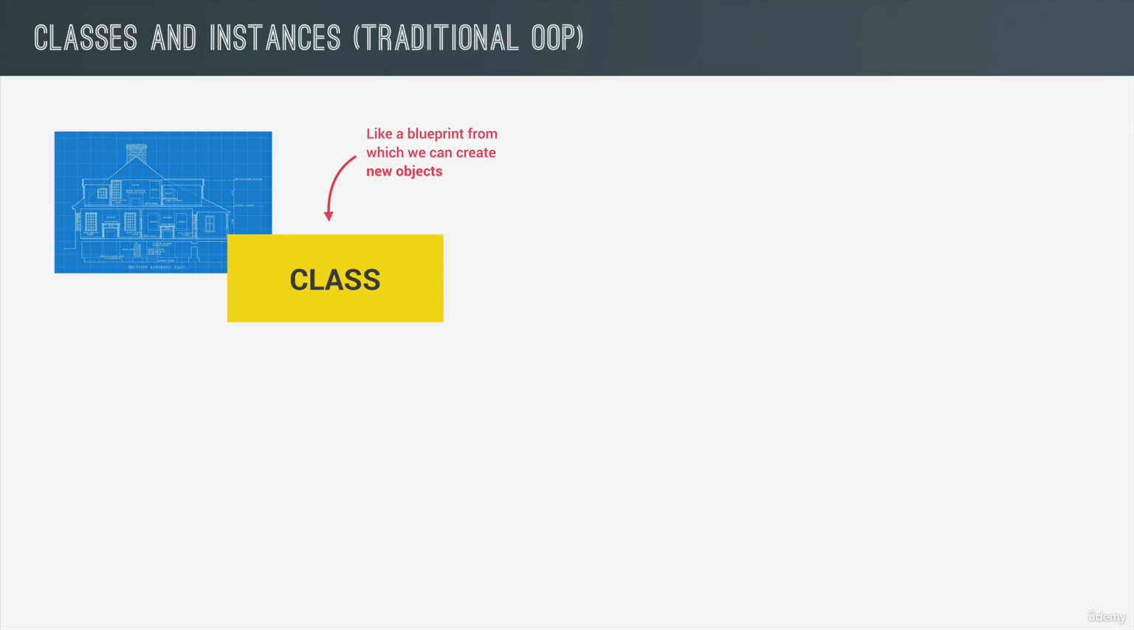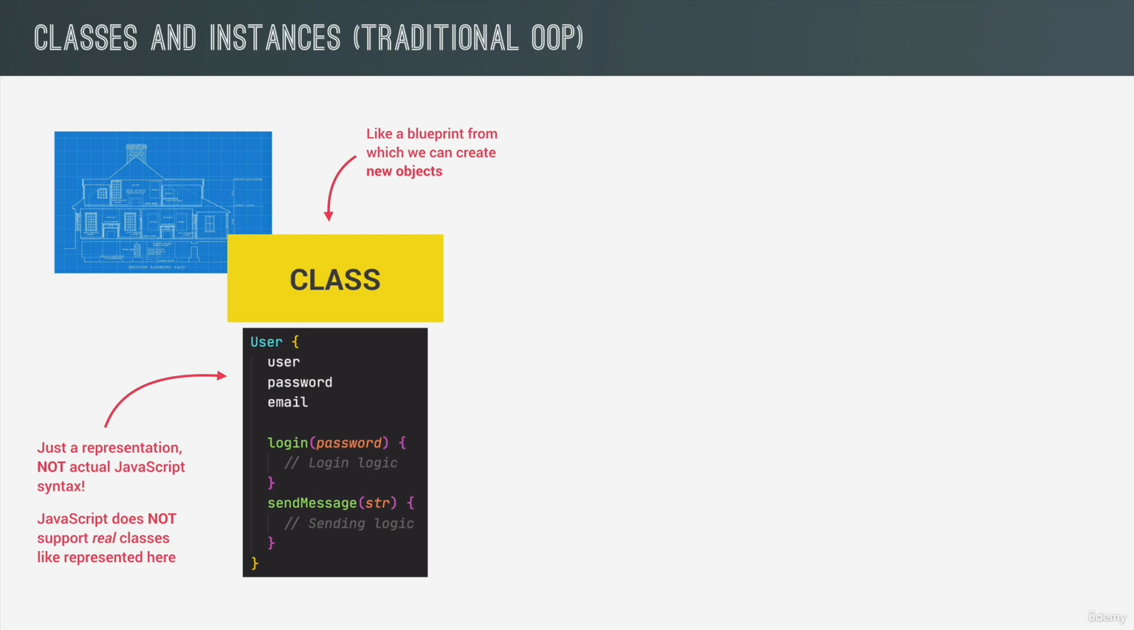However, from that blueprint, many real houses can then be built in the real world. And with classes, it's just the same. So let's take a look at this fictional user class as an example. And I say fictional because this is not actual JavaScript syntax, okay? Because JavaScript does not actually support real classes like I'm explaining here. We do have a class syntax in JavaScript too, but it still works a bit differently from what I'm going